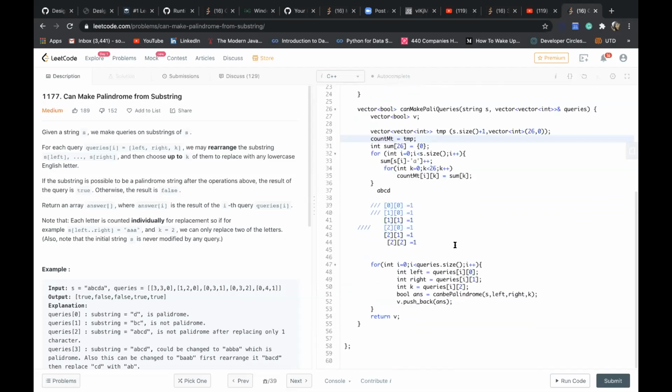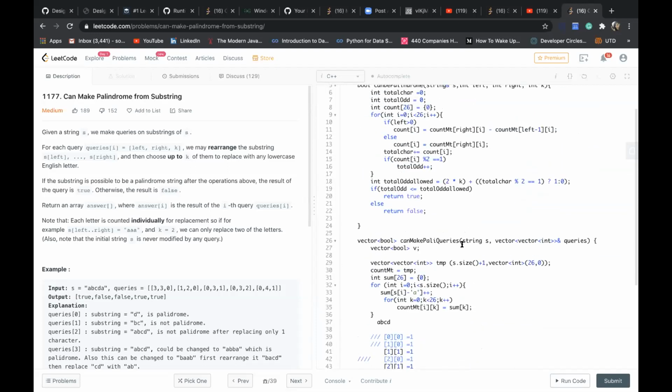Okay, then this is just a one-time activity, the pre-processing you did for the whole string. Yeah. Then I take my queries one by one, pass them to the canBePalindrome function, calculate the answer, push it back to my vector v, and return that vector. So now we can look at the canBePalindrome function.